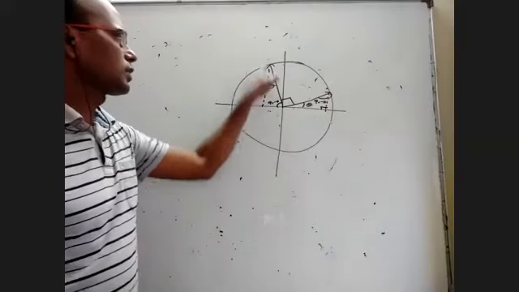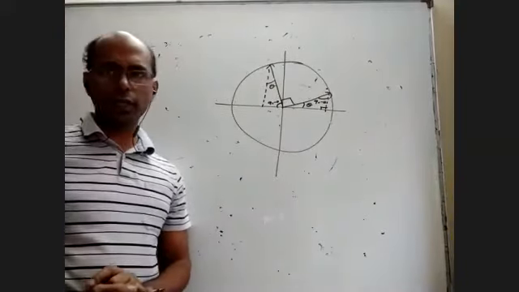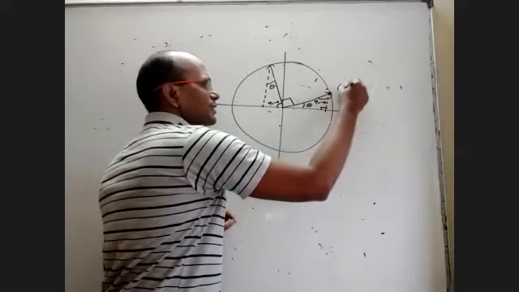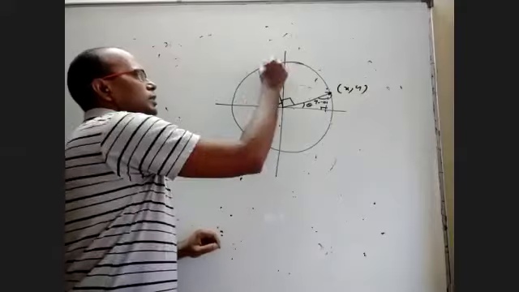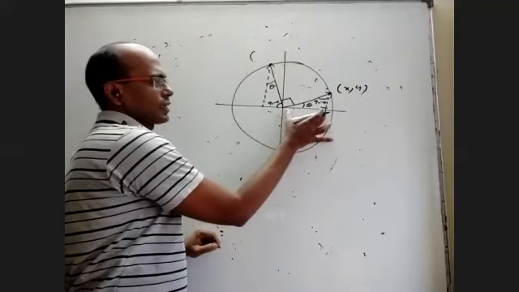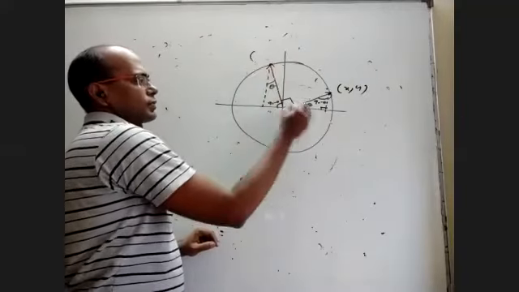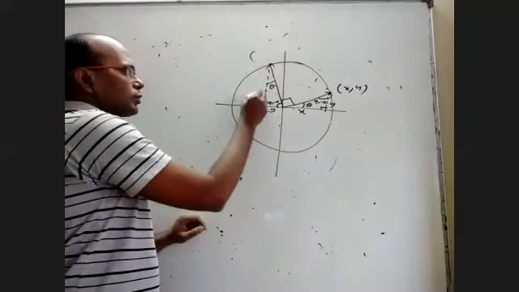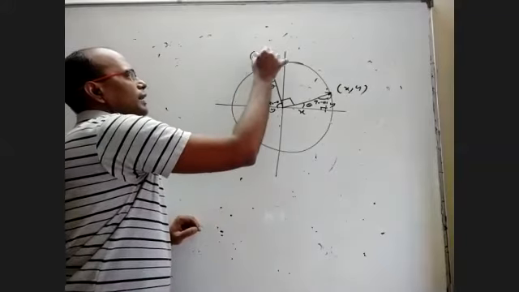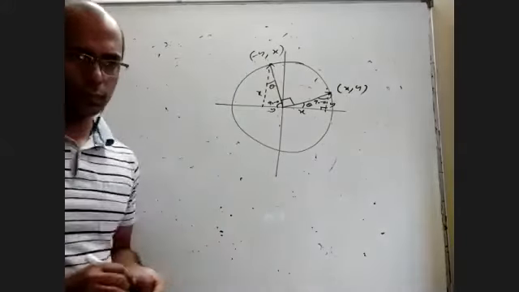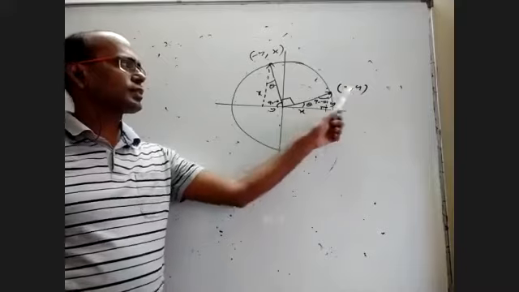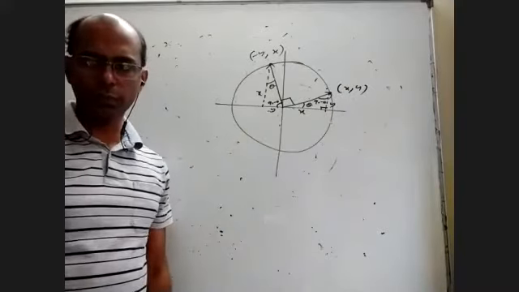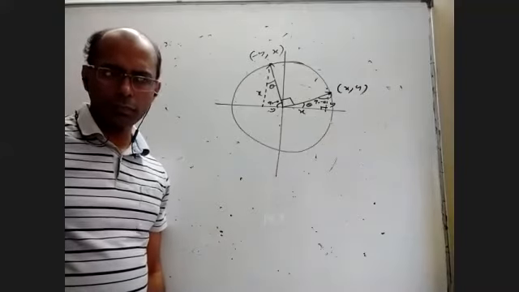This triangle and this triangle are obviously congruent triangles. When this point is x comma y, obviously this length is x, so that will be the height here. So this is x and y here. This is y and x. Only length I'm talking about. According to this, it will be minus y comma x. All of you agree that when this point is a comma b, this point will be minus b comma a, based on the lengths. Is it okay? Yes, sir.